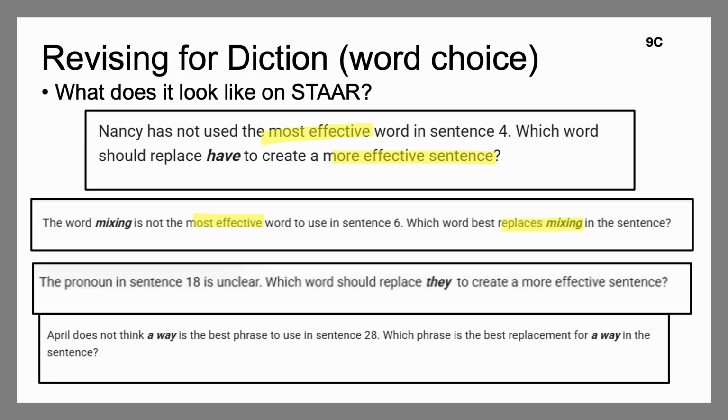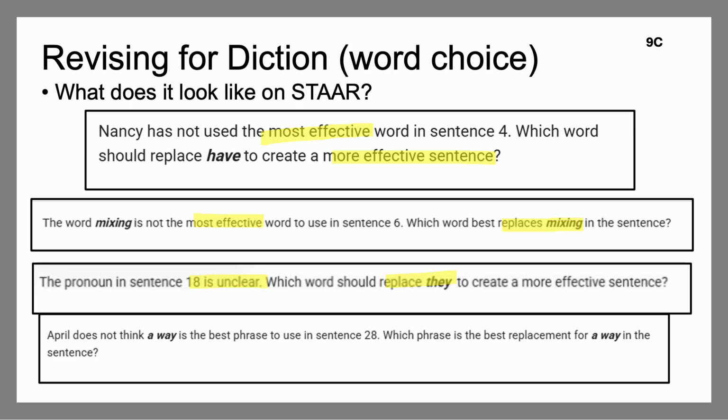The other one, again, we see that most effective. Once again, you're replacing a particular word. You're having to focus on those different elements. Another one is the pronoun in sentence 18 is unclear. Which word should they replace they with? And that's why you need to know your pronoun, noun, antecedent rules, and that's in another PowerPoint as well. If you don't quite understand those rules, you need to go back because it's going to help you with questions